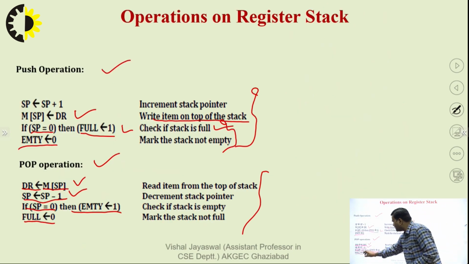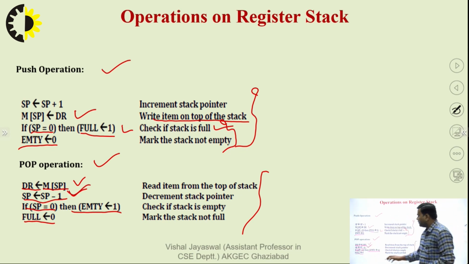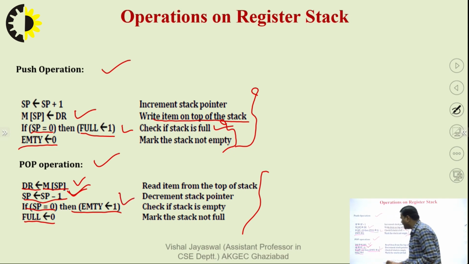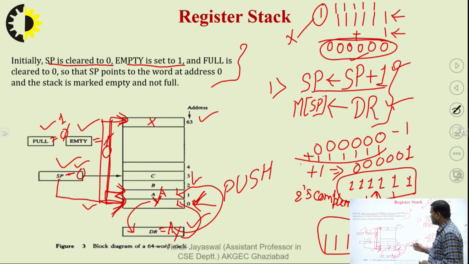This operation is performed, and when the condition SP equal to 0 arises, then we set empty equal to 1 and full equal to 0. When we pop items from the stack one by one,